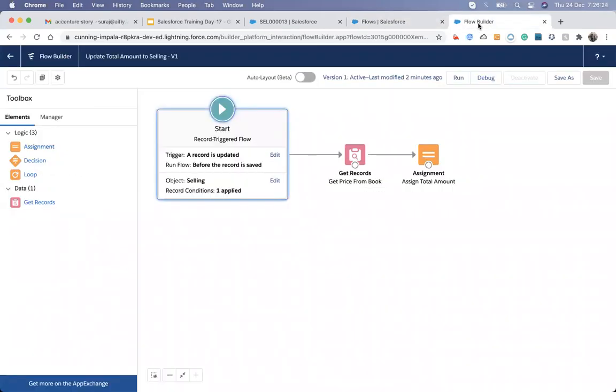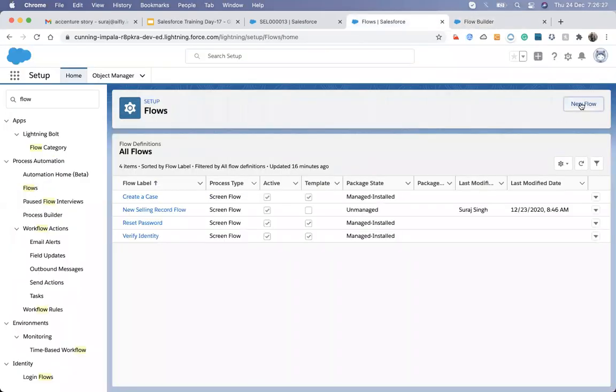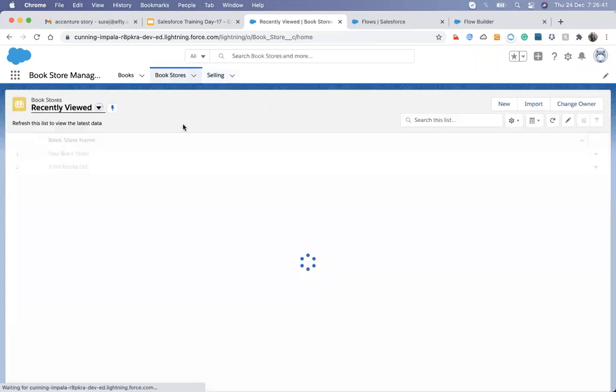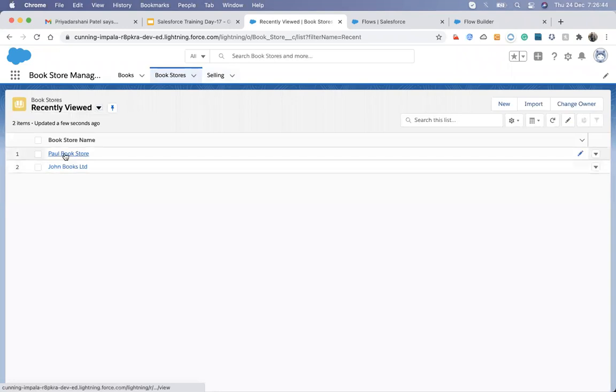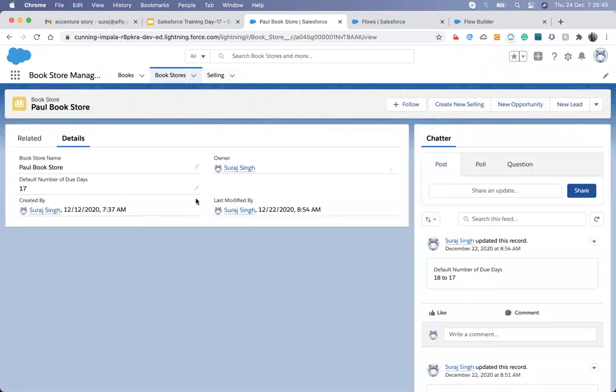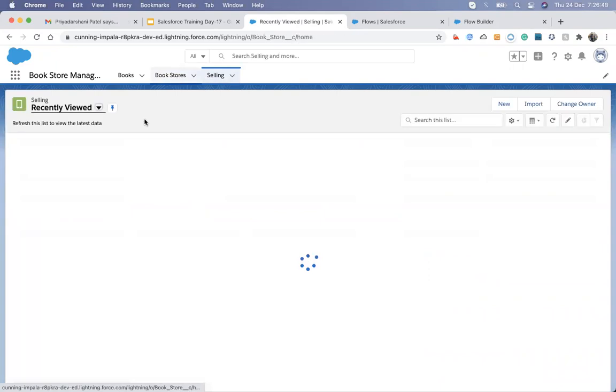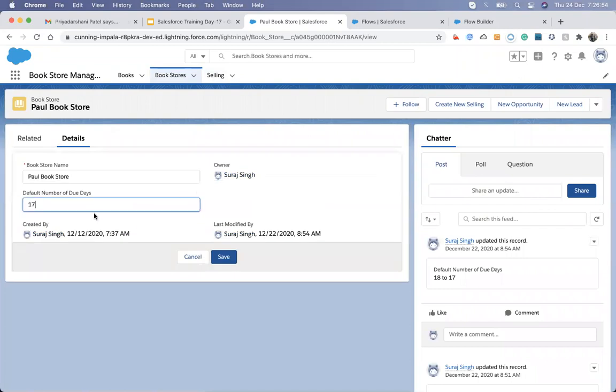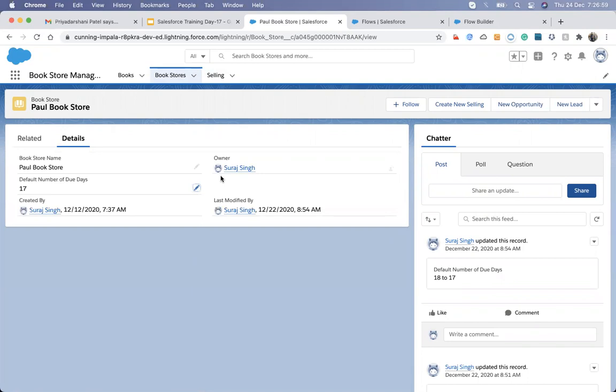Let's do some more examples. Yeah, one more thing, the auto launch flow.